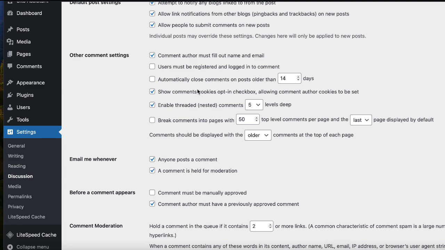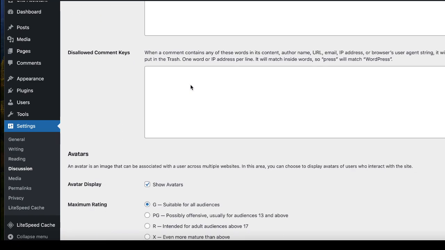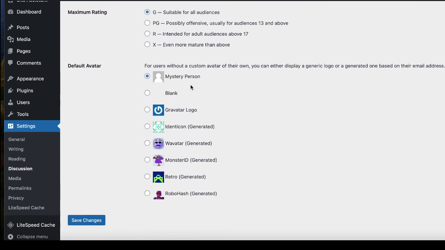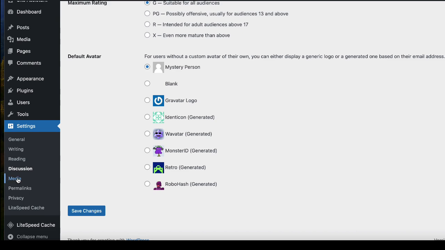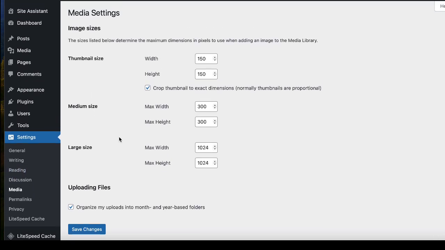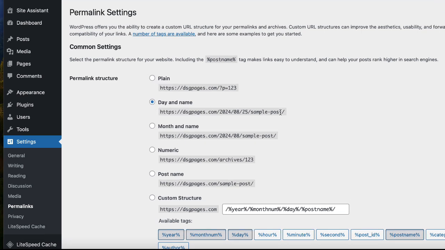This will help prevent bots from commenting on your blog. You can select an avatar if you wish. Media, this all looks okay. Permalinks, this one you most likely want to have, you don't want plain if you want this to show up.